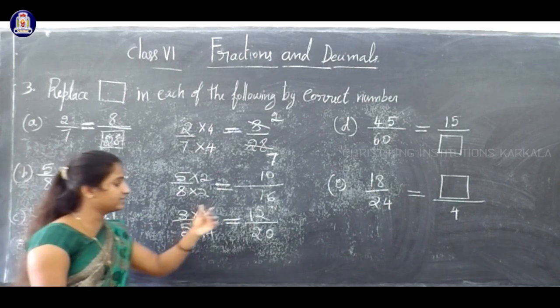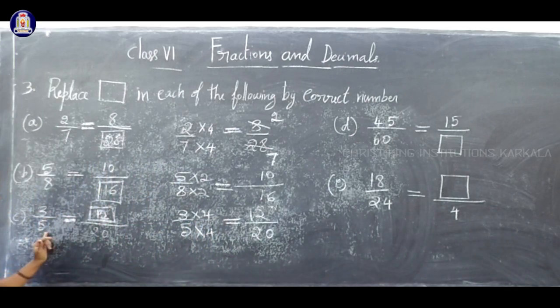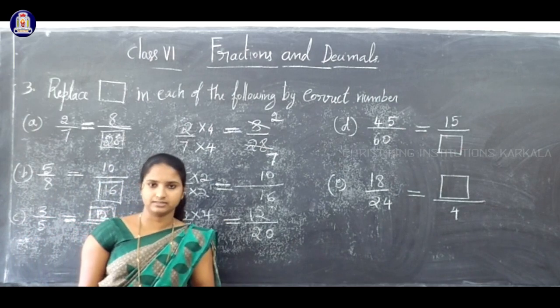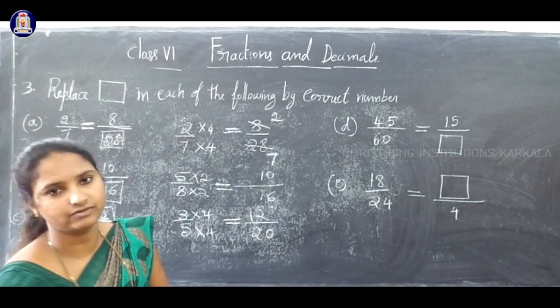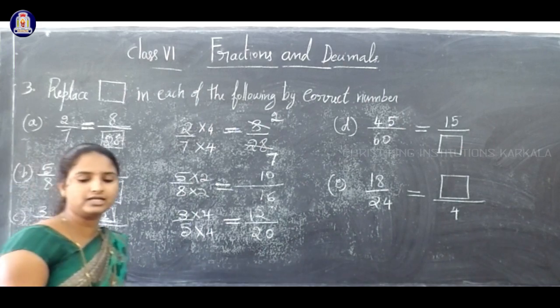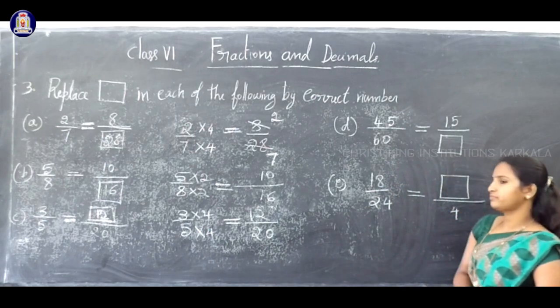So if you simplify this 12 by 20, the answer you will get is 3 by 5. So that means left hand side 3 by 5 and right hand side also 3 by 5. So both LHS and RHS will give the same answer. Okay? That is what an equivalent fraction is. Because here it is given already an equal sign, so we can understand that the left hand side value and the right hand side we should get the same.